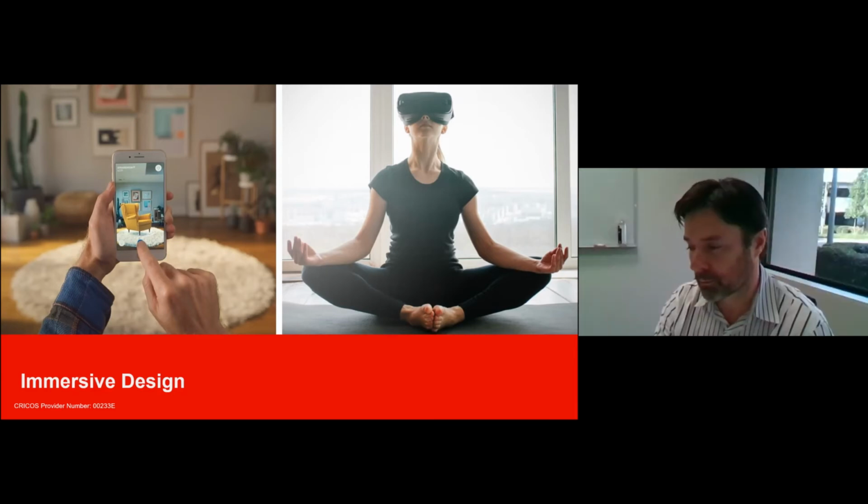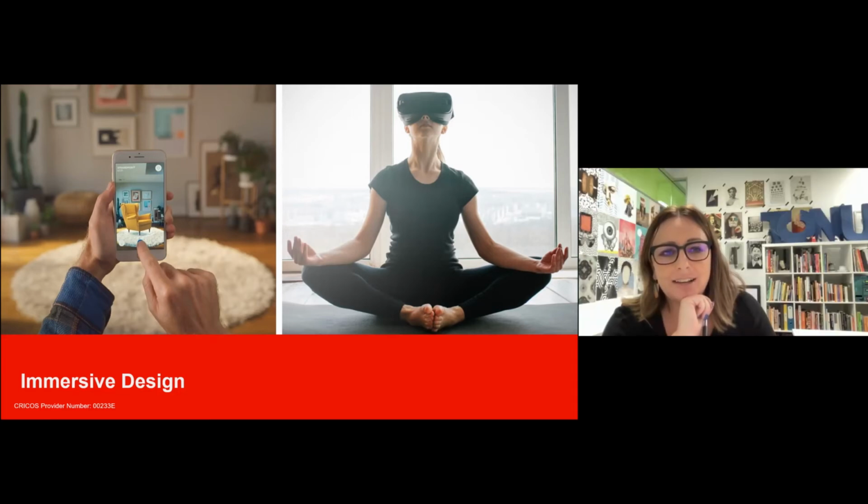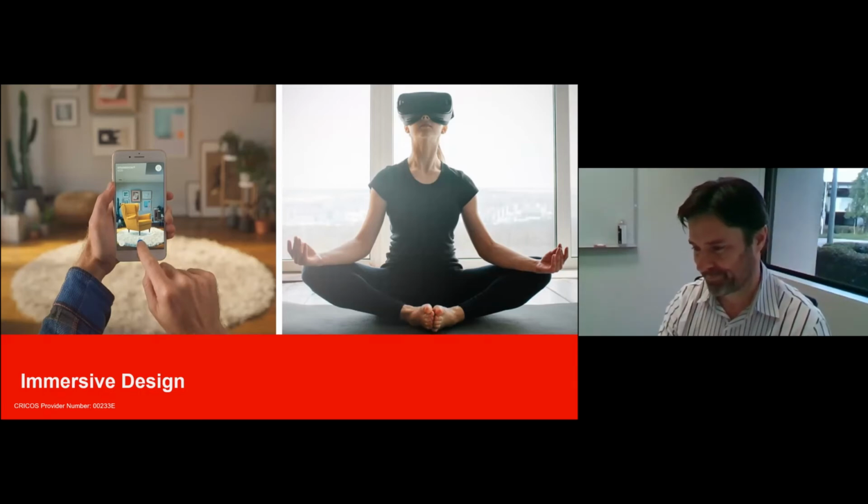Phone's telling me. Yeah, I don't know if this is an image from IKEA, but I'm pretty sure IKEA has this feature now where you can pick the piece of furniture that's at IKEA. You download the app on your phone and you scan your room and it will put the piece of furniture in your room so you can make sure it's the right size. You can make sure that the color works in your space. So instead of going to IKEA and spending a year there and getting lost, you can just do it on your phone and you can solve that problem.